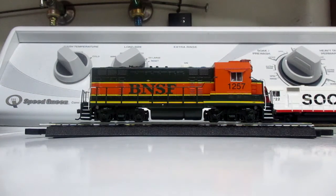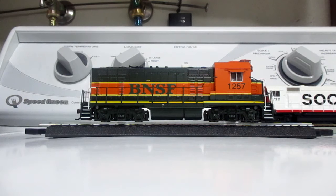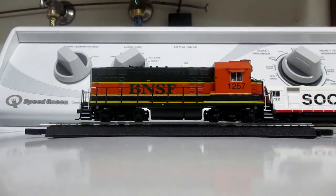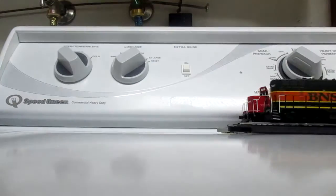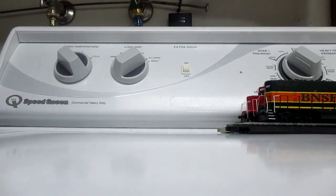It may not be everyone's cup of tea, these diesels, but you know what? That's okay. Model railroading is not meant to be the end-all, be-all. You guys all share the same love and affection for the hobby. But stuff like this, for me, screams branch line. It screams traffic. And speaking of screaming traffic,